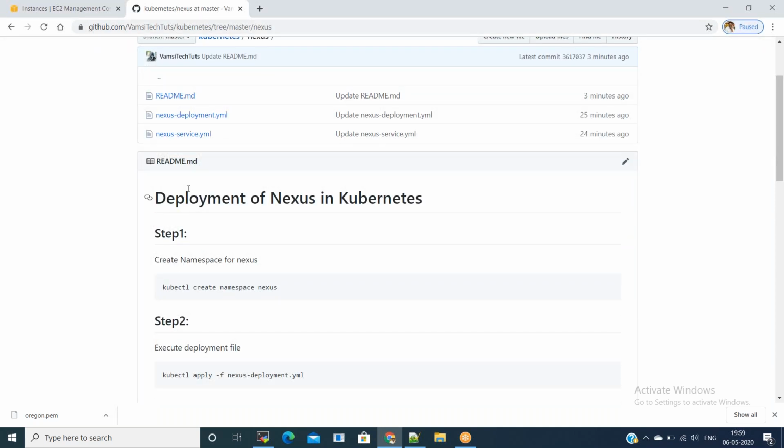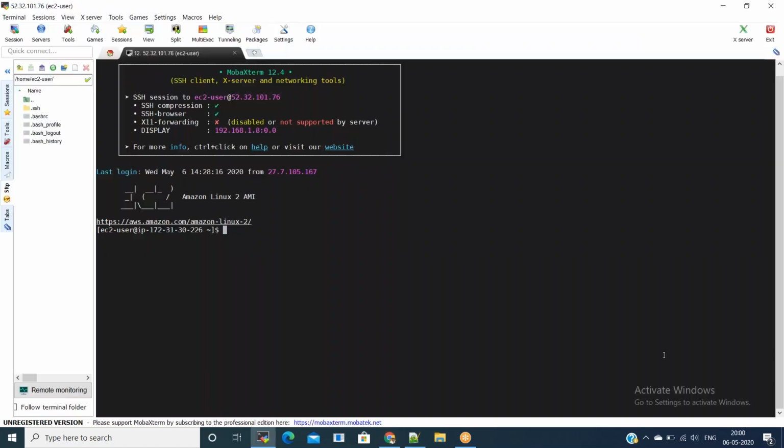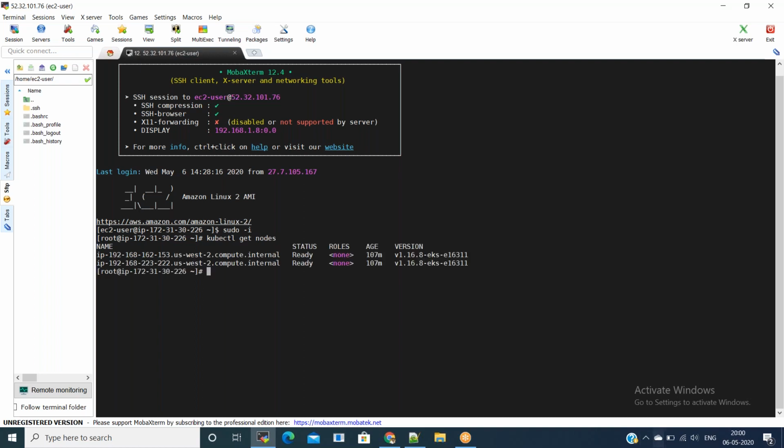I have a 2-node EKS cluster already. Let me show the cluster. I created an EKS cluster already, and in that EKS cluster with the 2 nodes, I am going to deploy this Nexus. I have the two nodes. If you see kubectl get nodes, I have a 2-node EKS cluster, and I have created a GitHub repo, and I kept